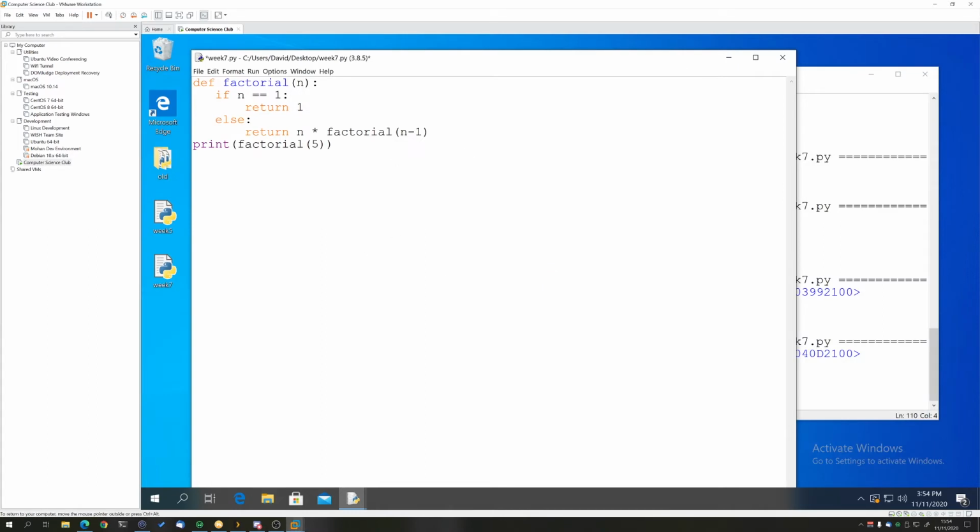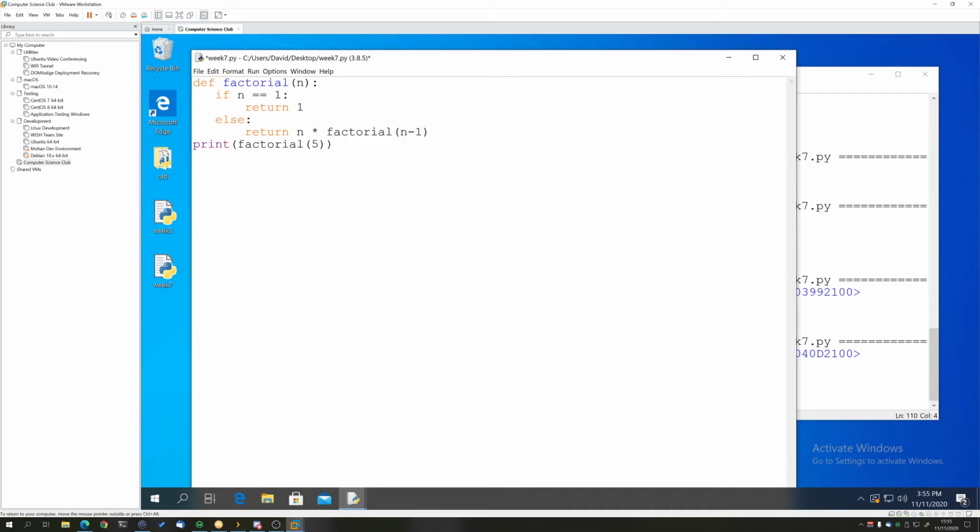So what we can say here is, if n doesn't equal 1, we're going to multiply n by the result of the factorial of 4, right? Because 5 factorial is just 5 times 4 factorial.